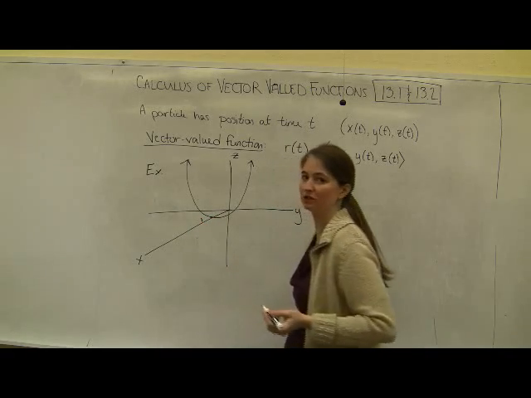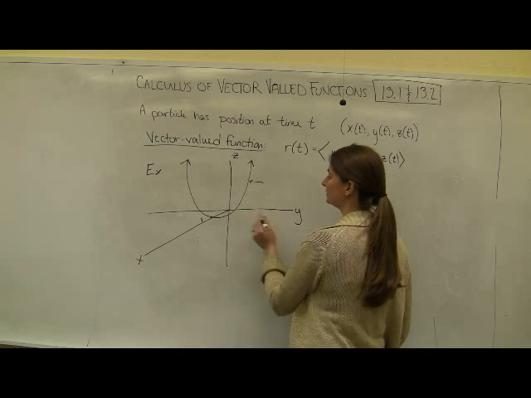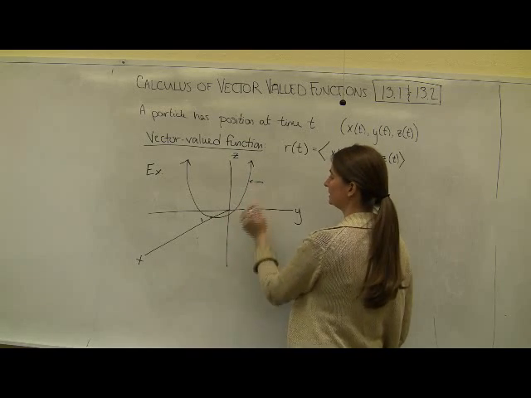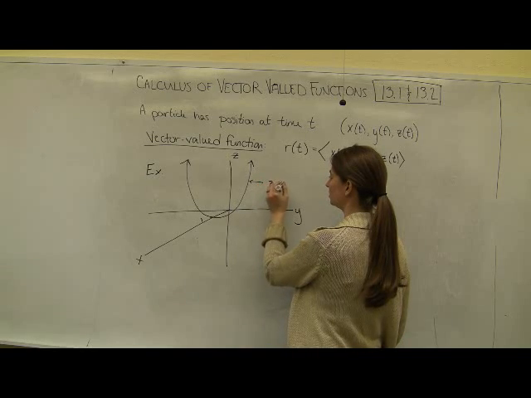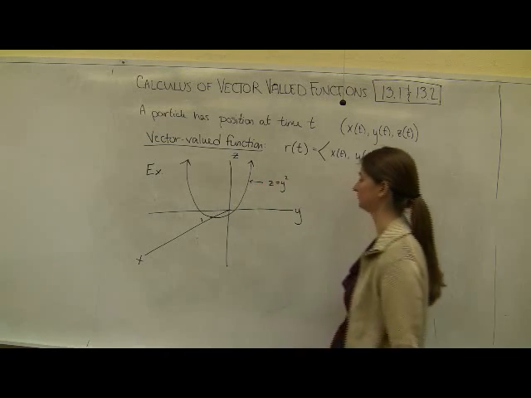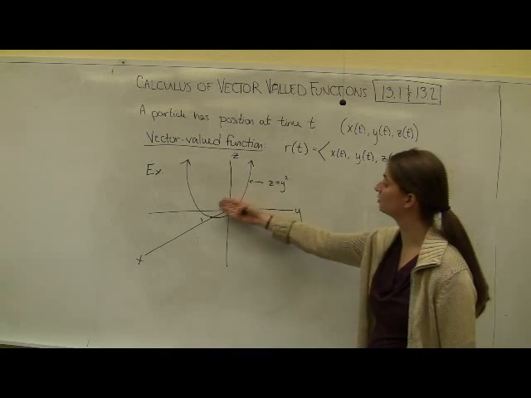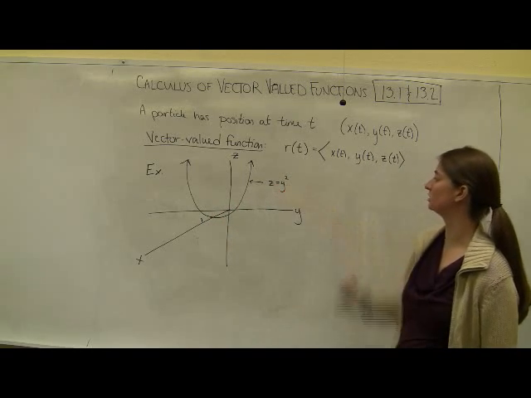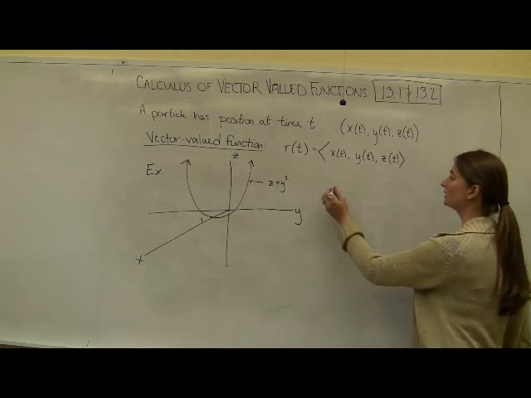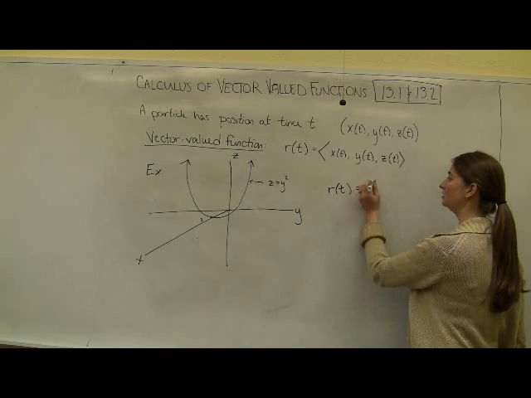You would need this information to be able to come up with an equation. And this parabolic relationship is just going to be the parabola given by z equals y squared. So I have this parabola in 3 space where my x value is always equal to 1 and my z values are equal to y squared. I want to come up with a vector-valued function to represent this. I'll do the easy part